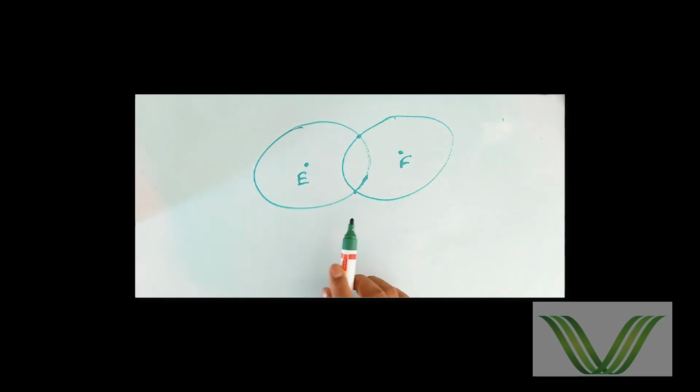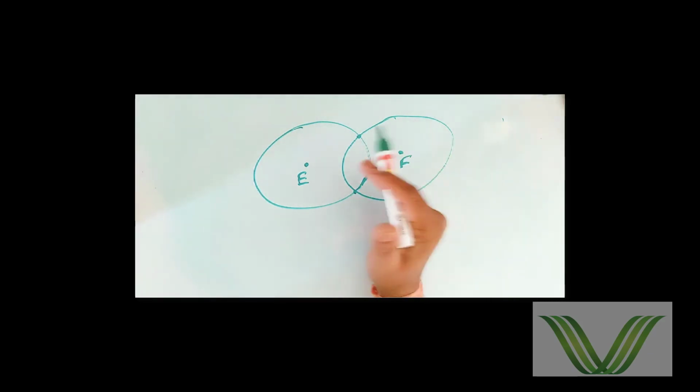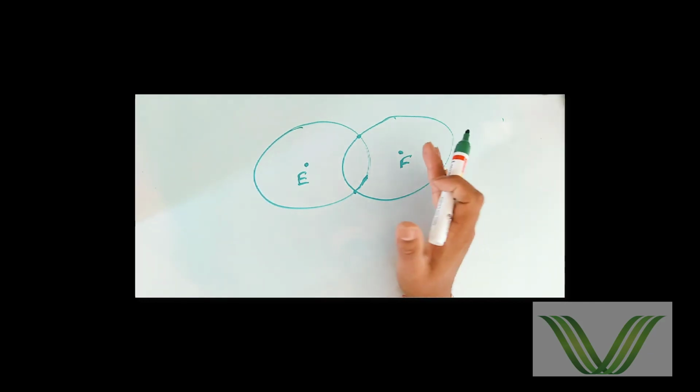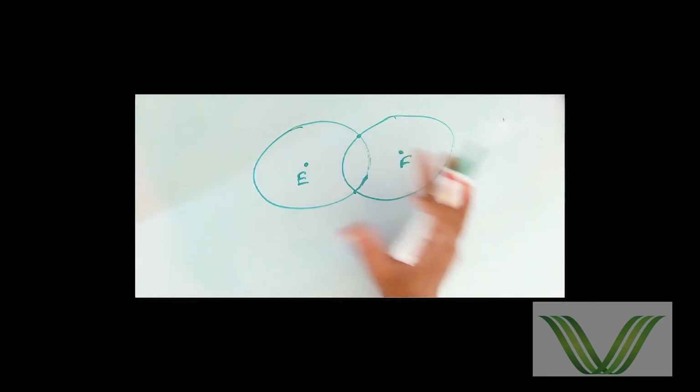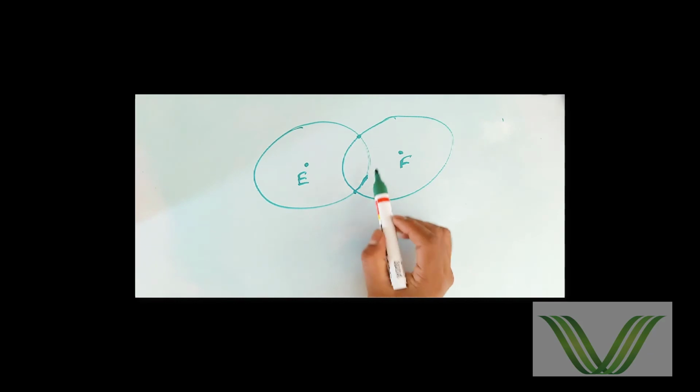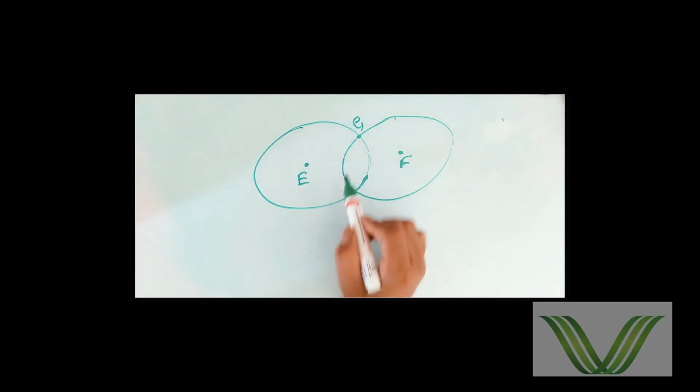It means one circle is overlapping on another circle. So when it is overlapping, we get two common points,